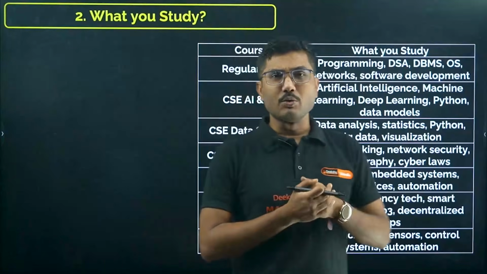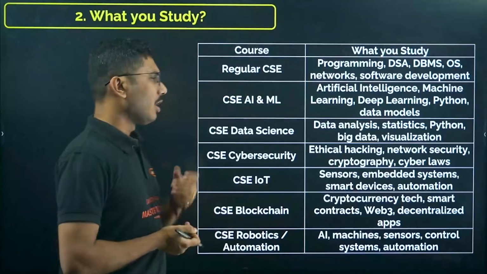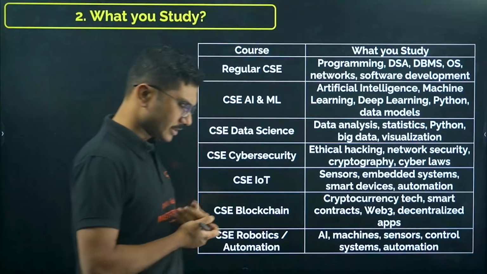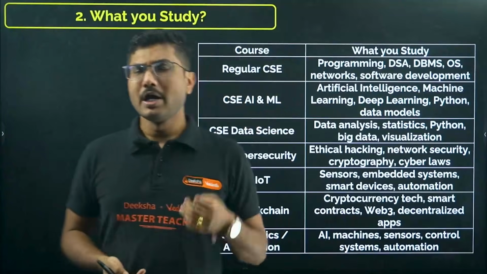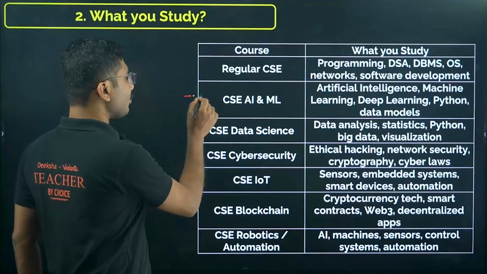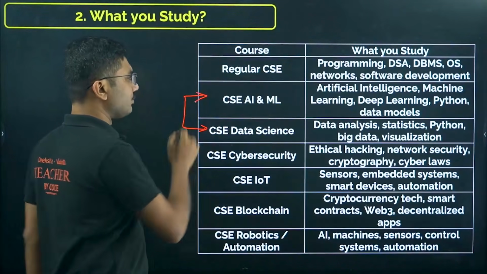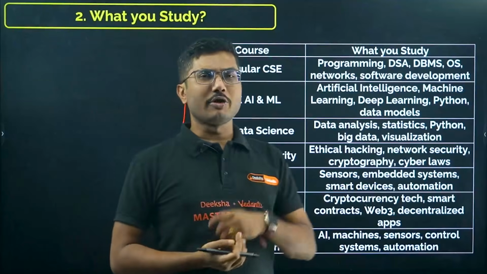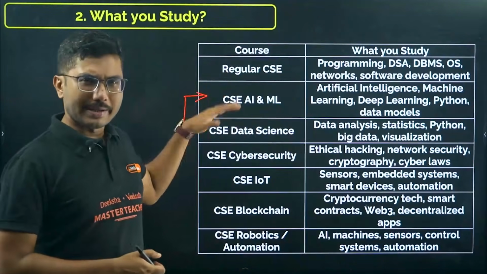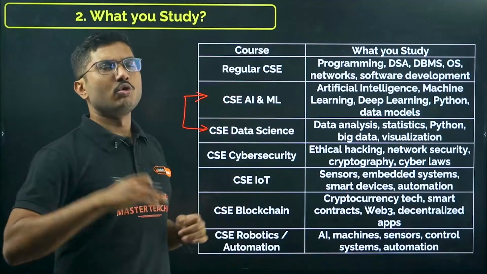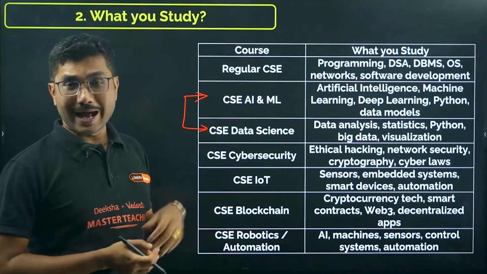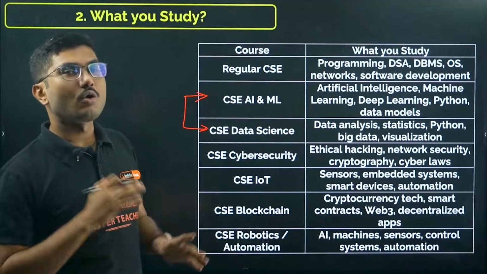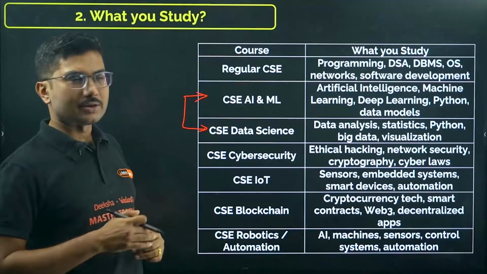For AIML to work, AIML and data science, both computer science branches, require slightly a little bit more mathematics. So if you are strong in mathematics, you can choose one between these two. Obviously, I have done a video on AIML, you can go check that out. AIML and regular CSE are the two most popular choices. So you watch that video and you will get an idea what the core of each subject is, right?